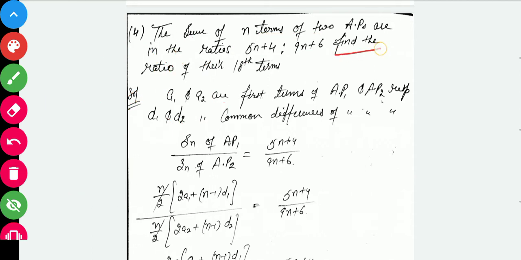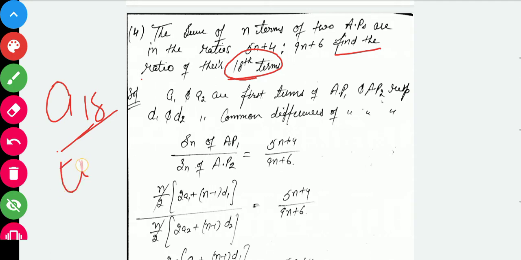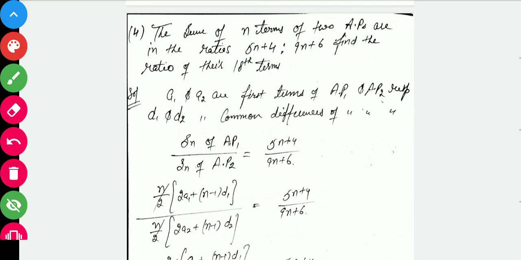You need to find the ratio of the 18th terms. It means we need to find A18 over A'18, that is A1 18 over A2 18. Clear? This is what we need to find. So whatever is given to you, start with that. Sn is equal to this. I have considered A1 and A2